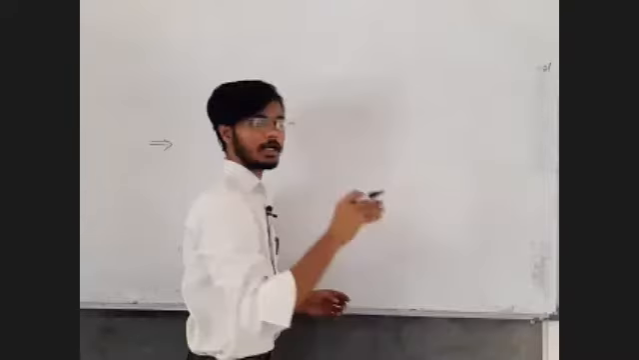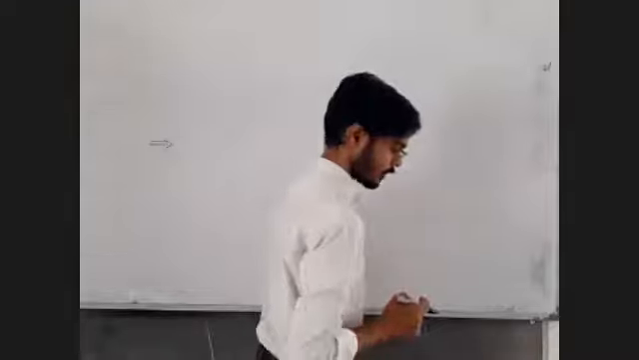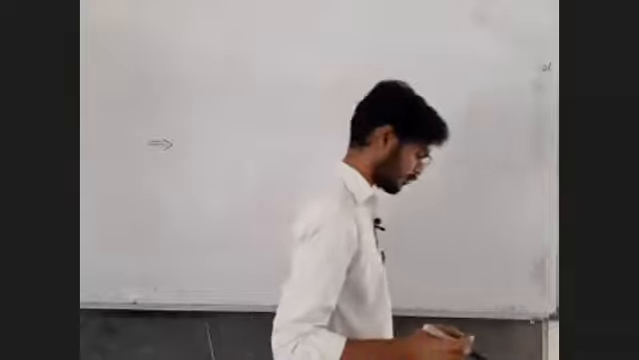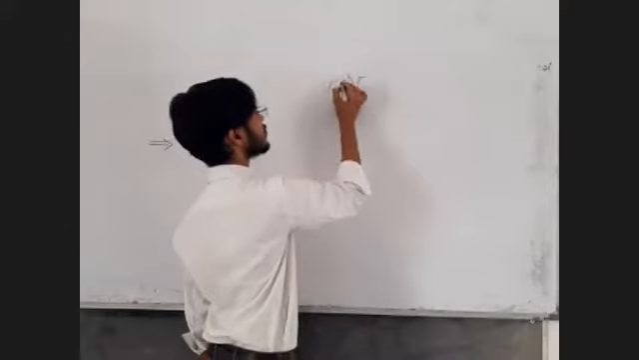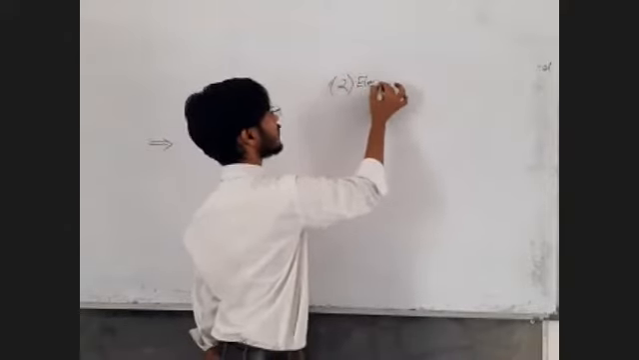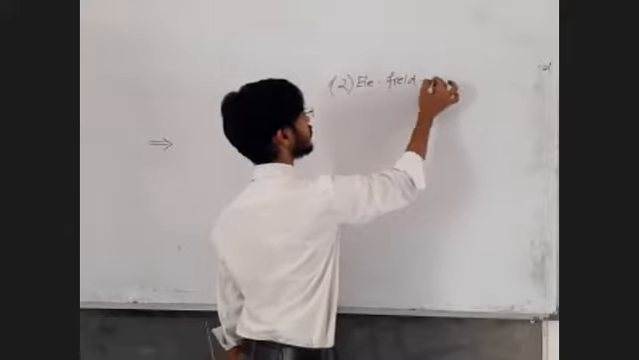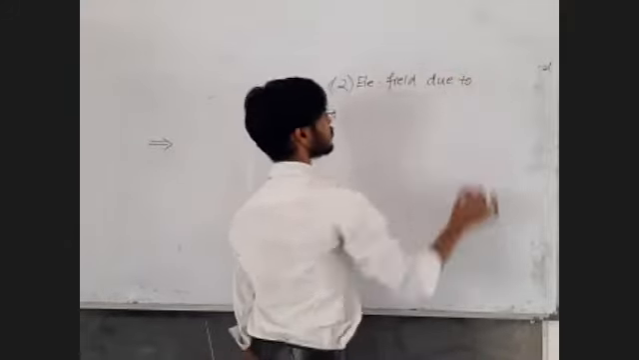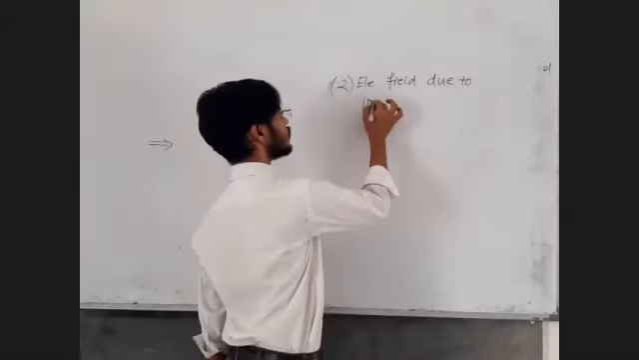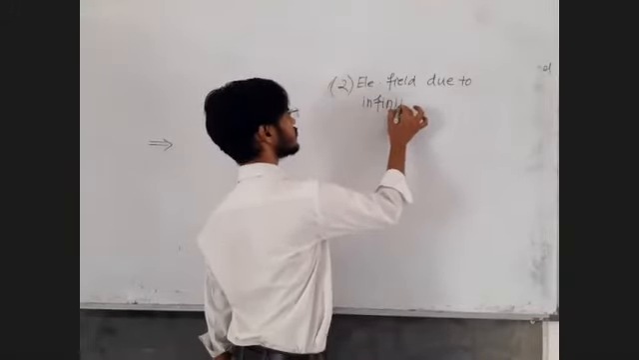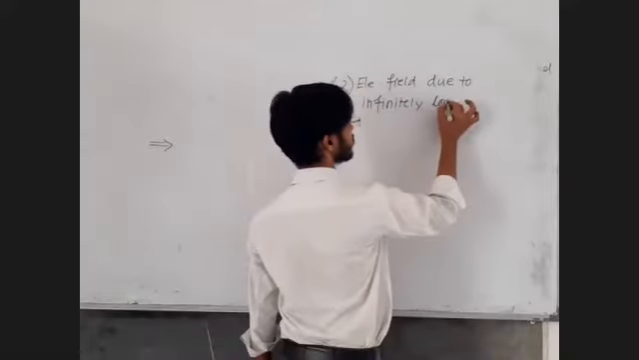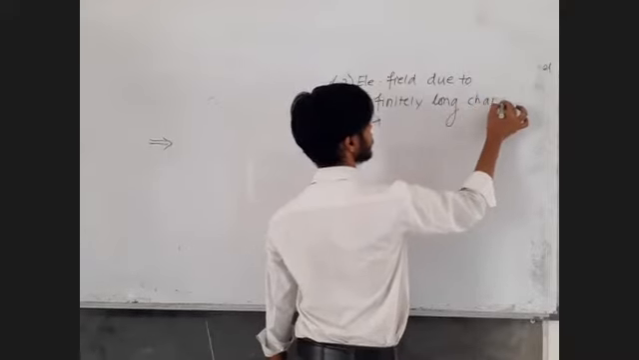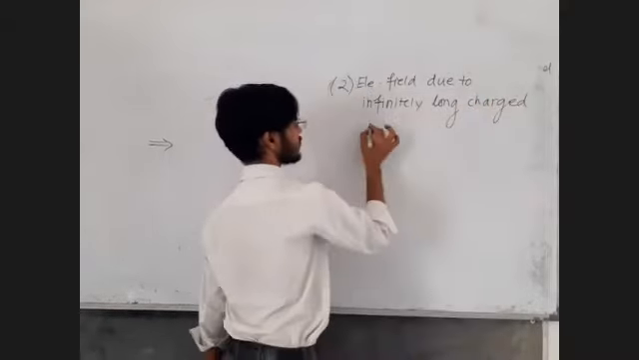Let us find out the electric field due to an infinite line charge or an infinitely charged cylinder. Write down. Second application of Gauss theorem. Electric field due to an infinitely long or very long, they may say simply long, infinitely long charged cylinder. Let us take a conducting cylinder